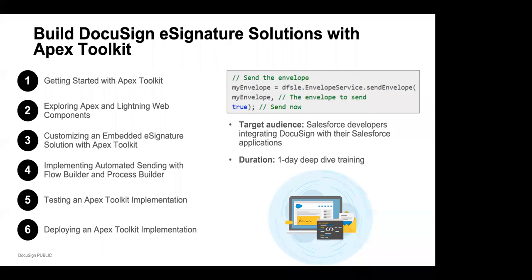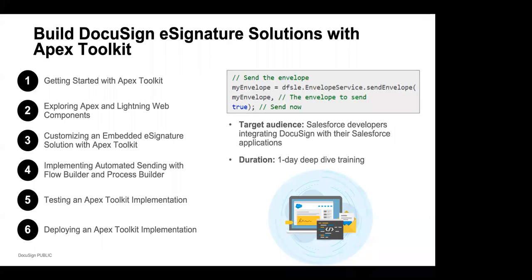So that is having one of your users going through a process, being able to click something, and then the browser actually ships over to DocuSign's website where that user can complete a signing process and then be redirected back wherever you want them to. Then we've also got a whole section on building an automated sending solution where you can use a Salesforce flow or process and just add in calling some Apex code that calls the Apex toolkit and integrates DocuSign into that